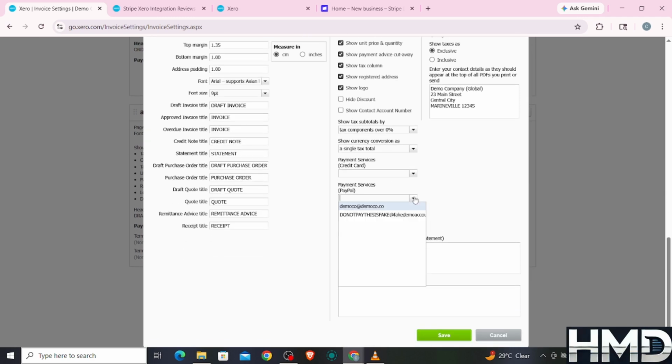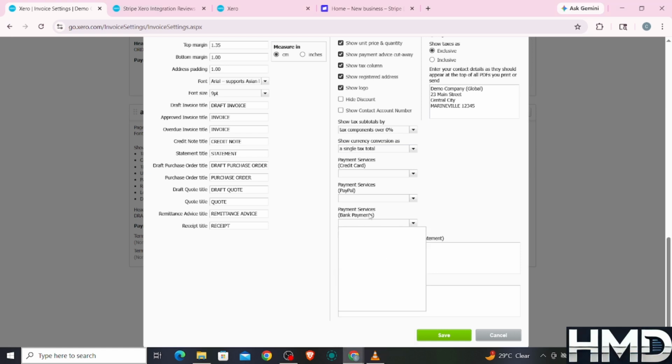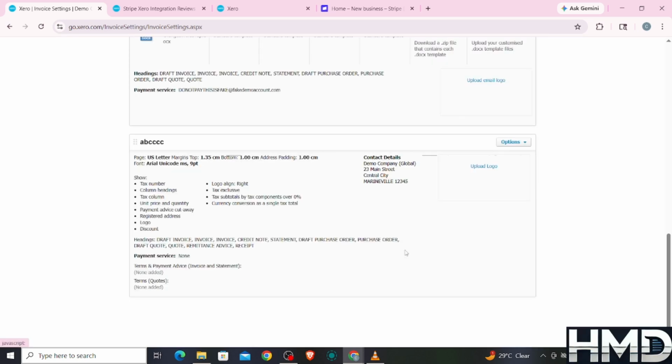After setup, create a test invoice and send it to yourself or a test customer. Open the invoice and check if the payment option is shown correctly. Complete a test payment to confirm everything is working properly. With Stripe connected, payments made by customers will automatically sync with Xero, and invoices will be marked as paid once